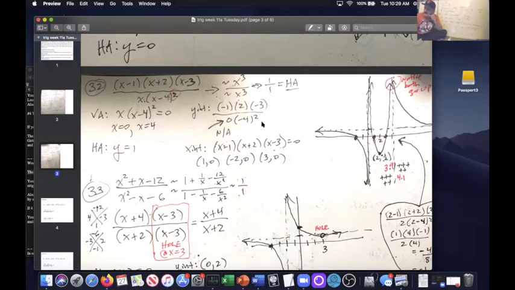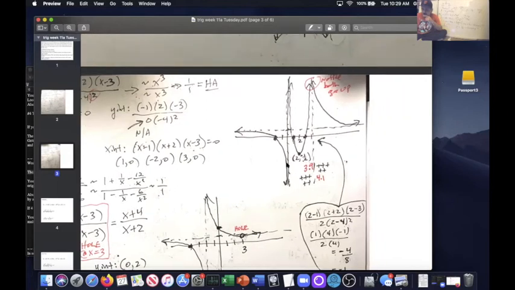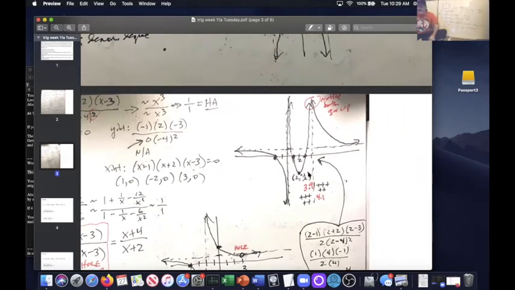Finding the y-intercept, replace the x with 0, and so you're going to wind up with not applicable because of division by 0. And the numerator equals 0 produces the 3 x-intercepts. So you've got a whole lot of x-intercepts. All right, so when you sketch the asymptotes, the one on the left branch would make the most sense